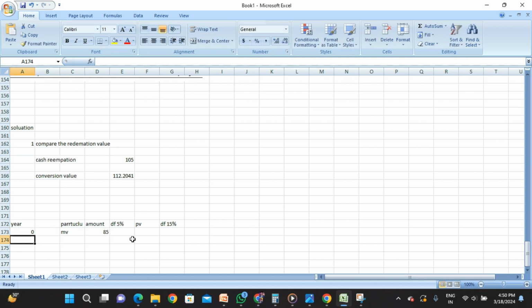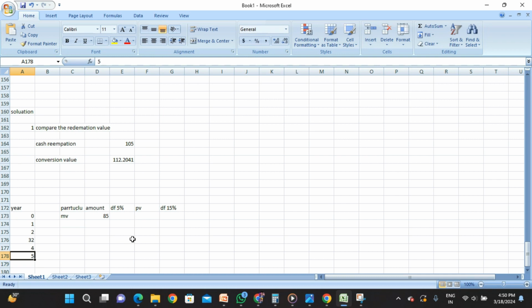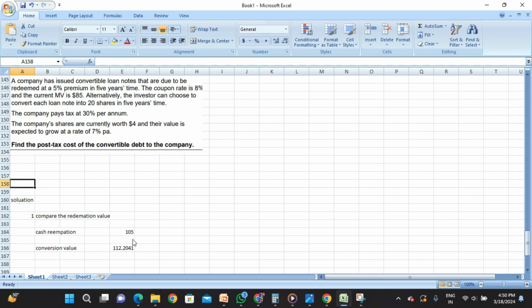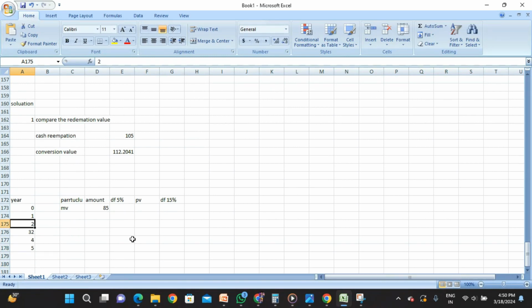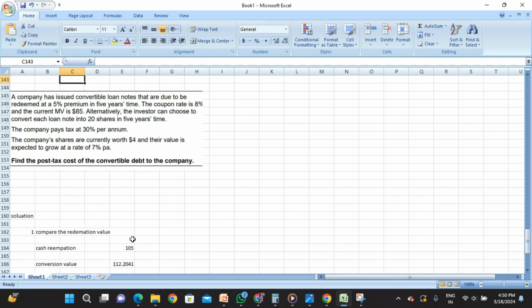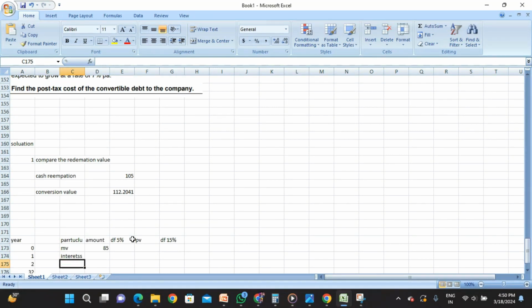Year 1, year 2, year 3, year 4, and year 5. I think it runs till year 5, five years, okay. So in year 1 and year 2 there will be the interest. How much interest are we getting? It is 8%. So we are getting around